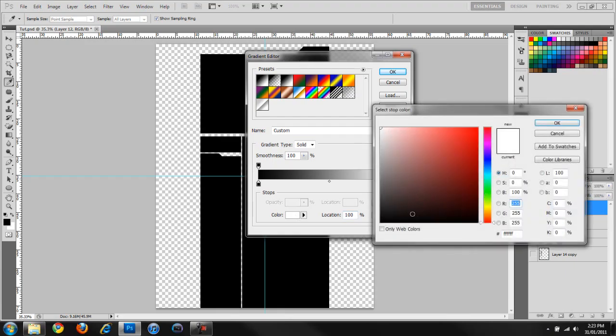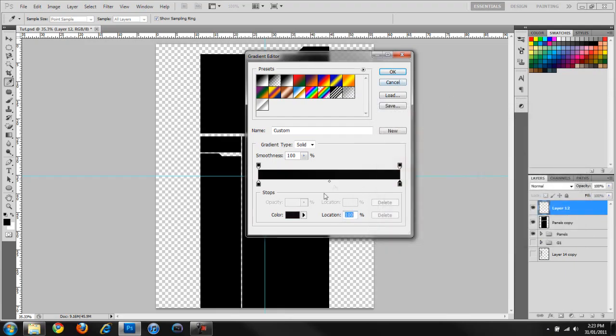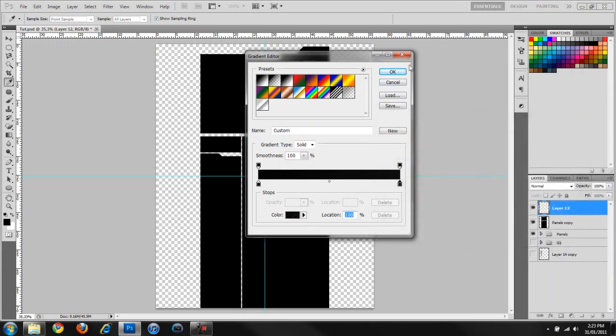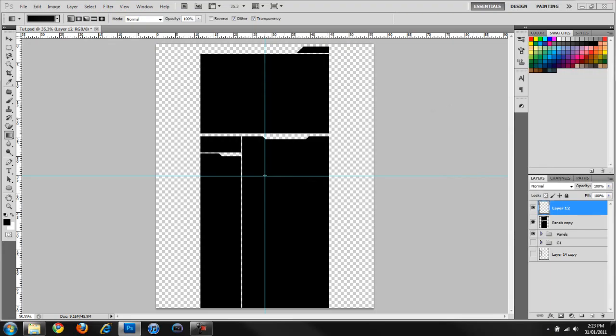And then I'm going to change my white to a very dark grey. Maybe a bit lighter. Just a bit. Just like that. And I'm going to click in the middle, select reverse, and I'm just going to make it a radial gradient. Going to hold shift,